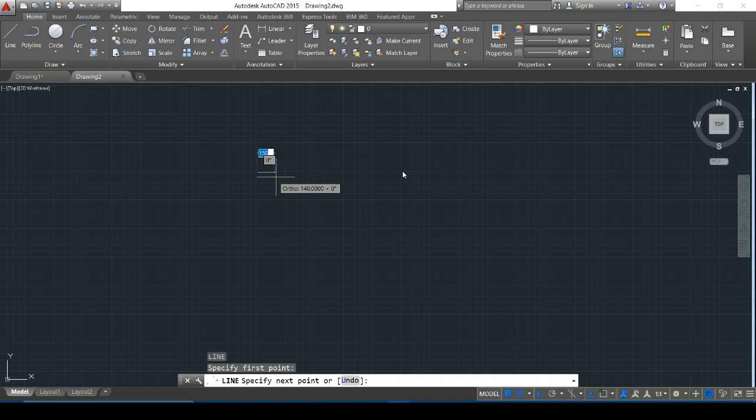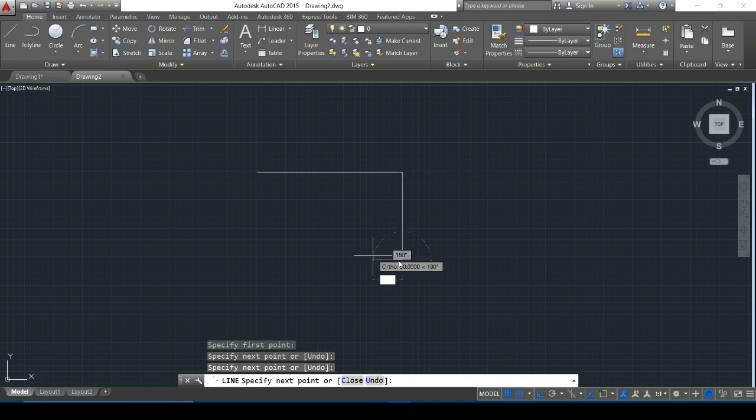I will specify the first point near here. Now this one is the second point. Because ortho mode is on, the line is drawn straight. See here, then press the left button of the mouse again. Again press here, and again I will make the points. Now I will press the Escape button to